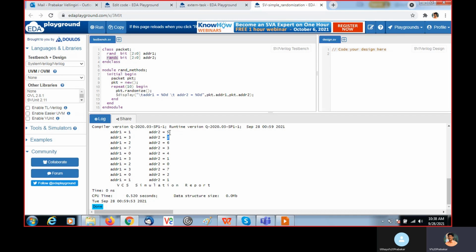The possible values are from 0 to 7, and we are getting all the values. After that only, we are getting 2 again. Same way we are getting 1, and all the possible values. After that only we are getting this one. But here it will randomly give, 2 you can get, and then 3 we are getting, right? So this cyclic behavior, until we get all the possible values, we won't get the repetition. That is the use of rand_c.